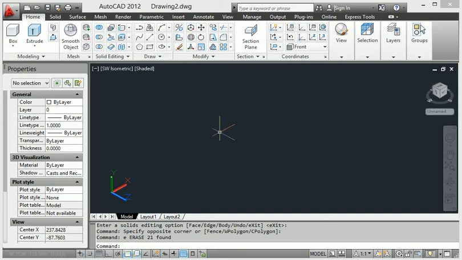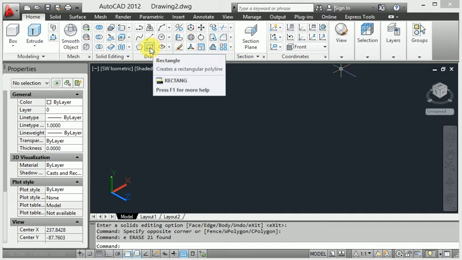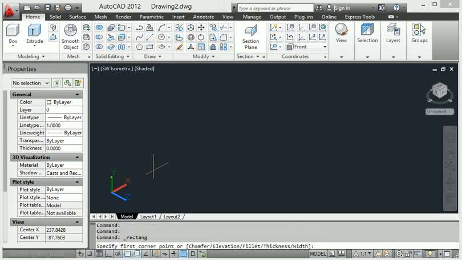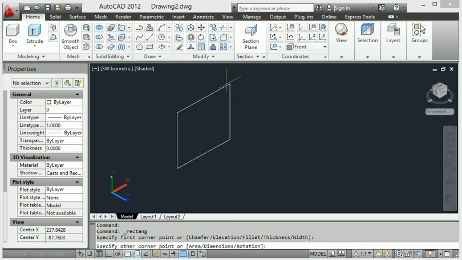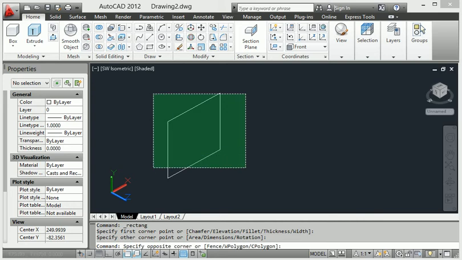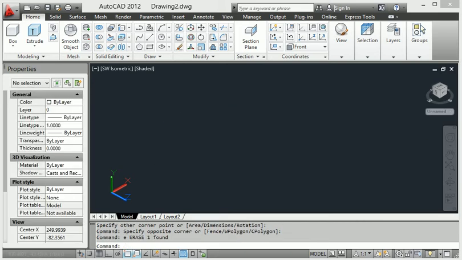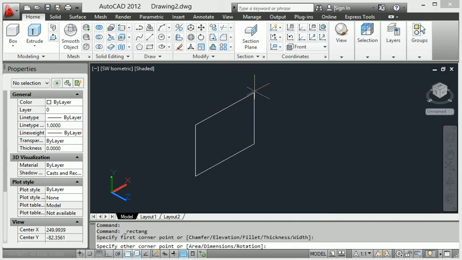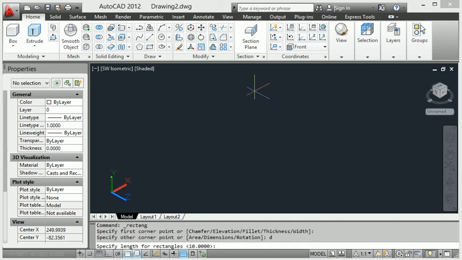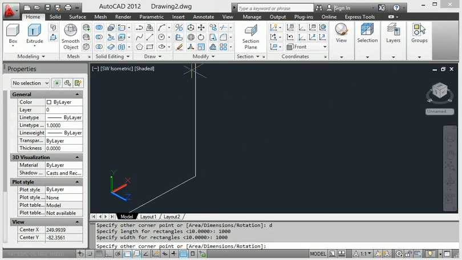So let's start this design. First of all, I make a rectangle. Start from the rectangle command and provide the distance: enter D, with horizontal and vertical distance 1000.